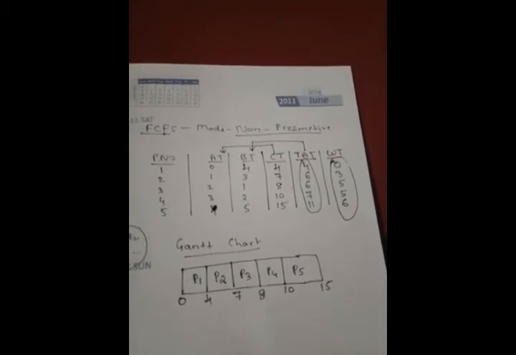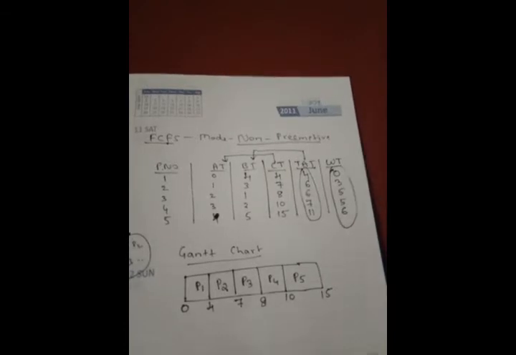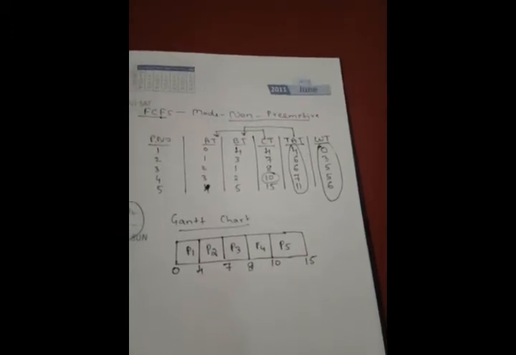That is how you can calculate the average turnaround time, or average waiting time. Fine. Now the question may be like, calculate at what time process 4 has completed its execution. If that is the case, then you have to write the answer as 10, isn't it? P4 has completed its execution at 10. So such kind of questions can be asked.